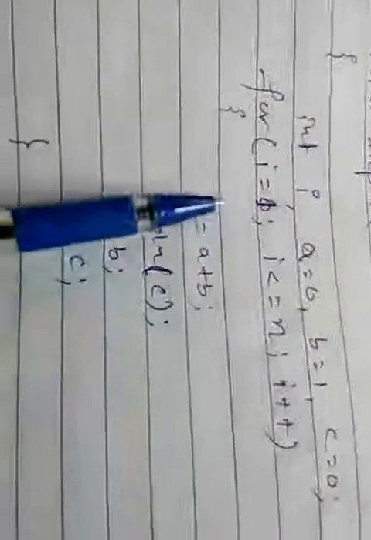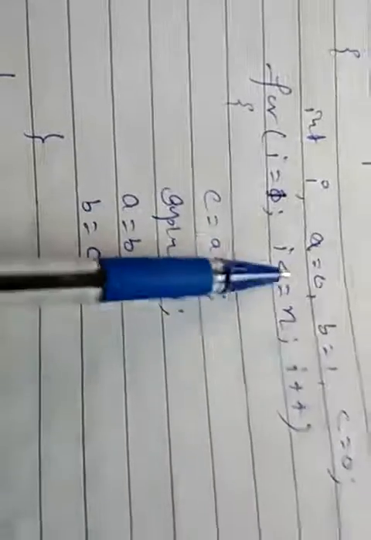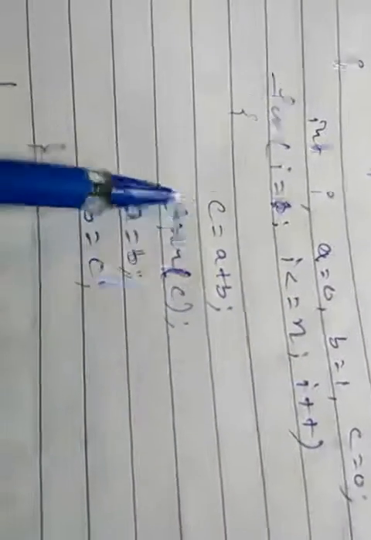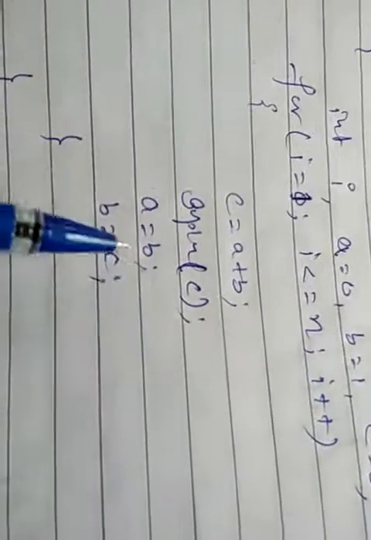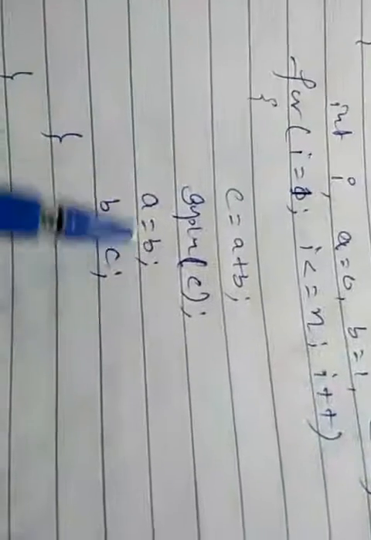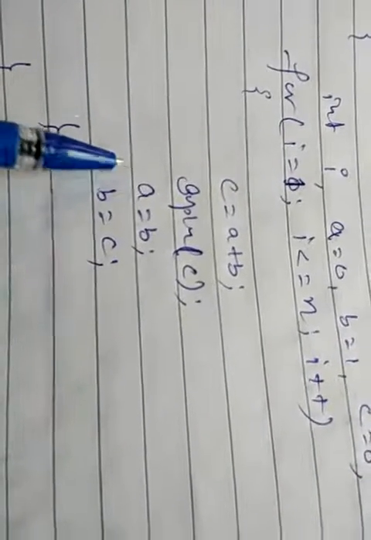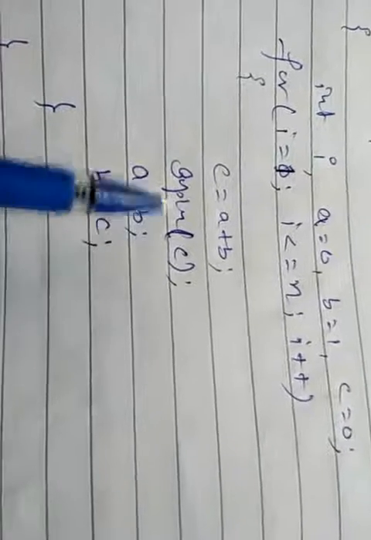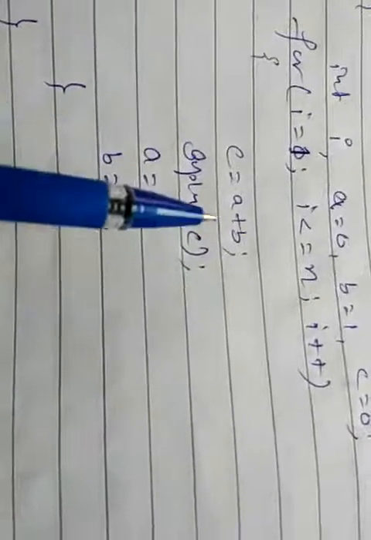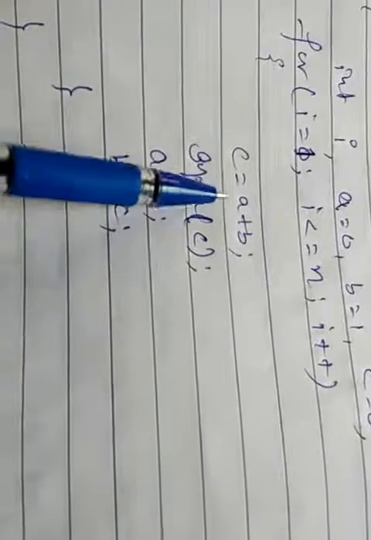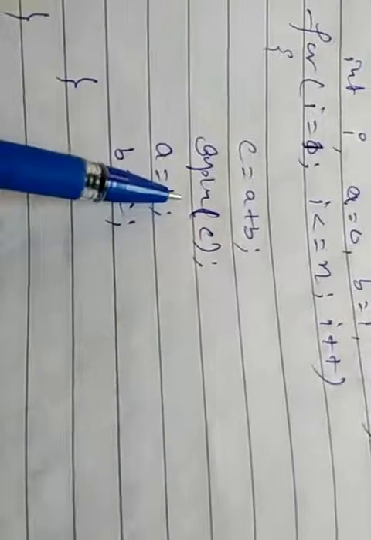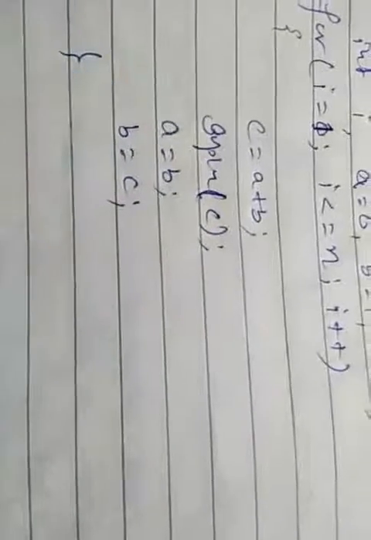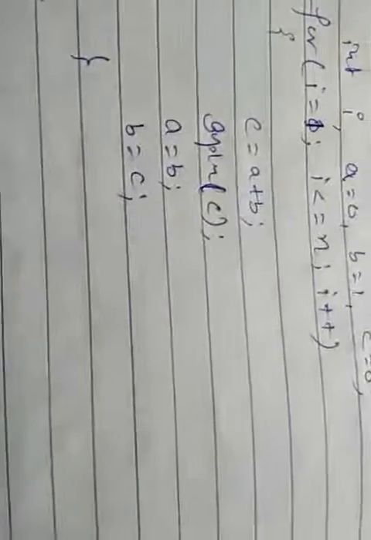So generate the Fibonacci series till n term, and first we are adding, so 0 and 1, and the number will be 1. Now we are printing it and swapping the values of a and b. So the value of b will be assigned to a, so a will be 1, and the value of c will be assigned to b, and the current value of c is 1, so both will be 1. Next, when we add c equals a plus b, the value of c will become 2, and this process is repeated till the n term is completed.